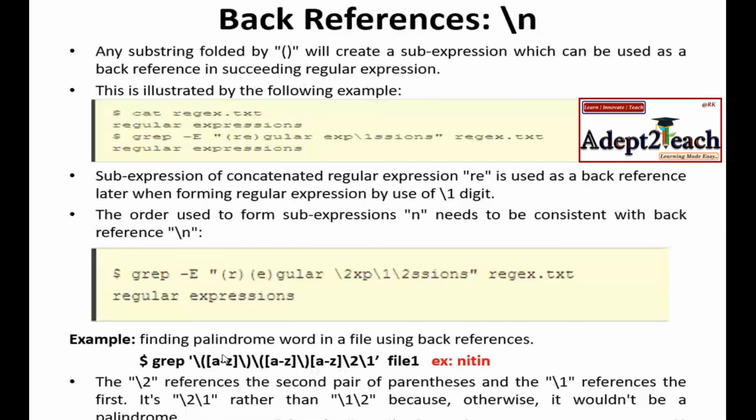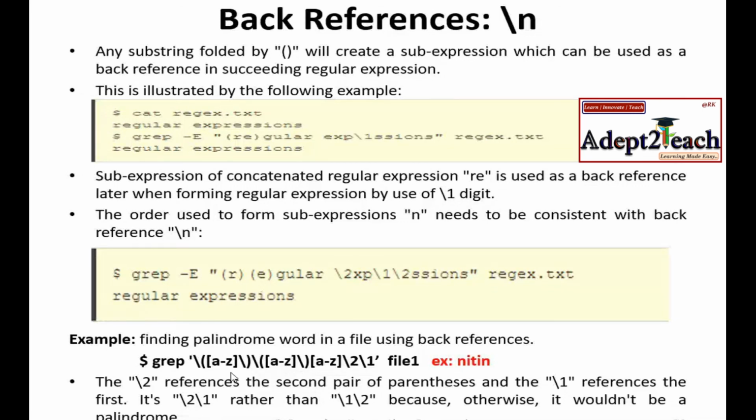Third, again any letter from A to Z will be matched. Now you see that I have enclosed the first two A to Z in brackets. So the first character becomes sub expression 1, and the second character becomes my second sub expression.